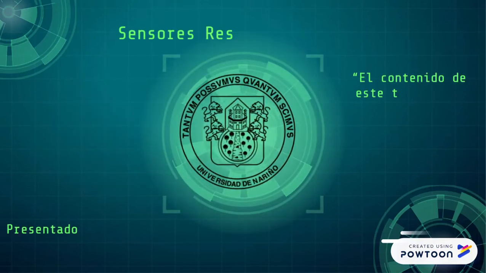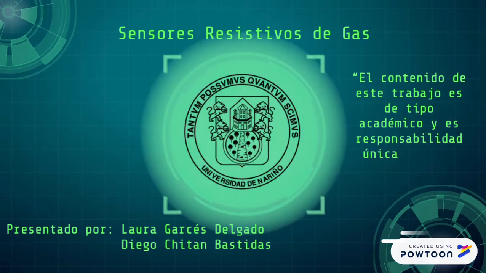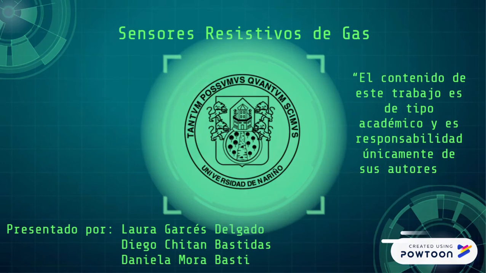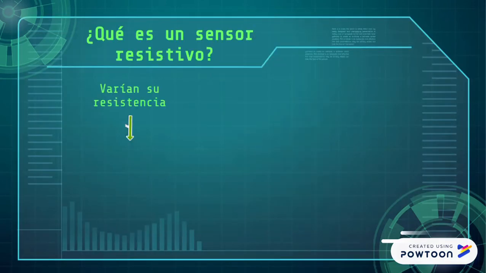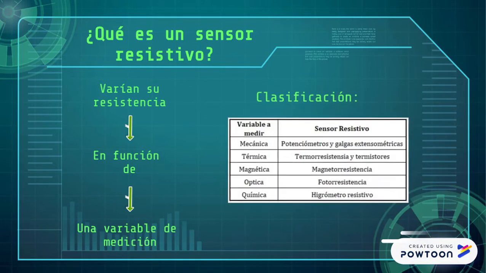In this video, we are going to talk about gas resistive sensors. To begin, we need to know what a resistive sensor is. These are sensors which vary a resistance depending on a measurement variable. A classification of this sensor is made depending on this variable as shown in the table. In this way, it can be said that the gas resistive sensors are in the classification of the chemical variable